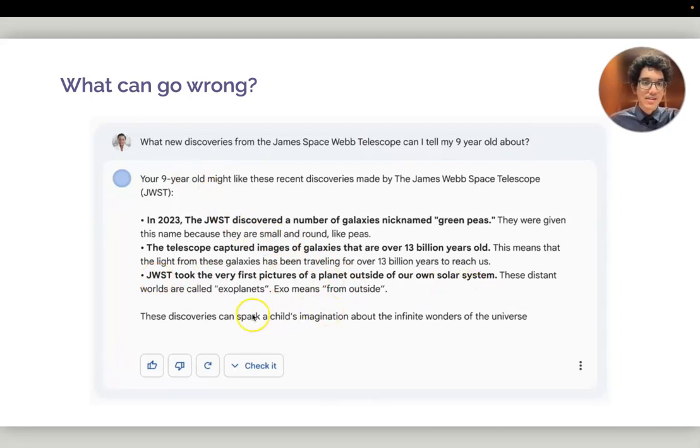And people didn't realize that there were pictures of exoplanets taken before James Webb 20 years ago, right? Until a bunch of astronomers on social media started highlighting, like, hey, we knew about this. This is not a correct demo. Right? So this raises a bunch of issues about how these models are kind of black boxes. Is there anything that we can do to try to understand how they're exactly working so that we can avoid these sort of embarrassing outputs and, maybe more worrisome, in more impactful legal or medical settings, right? This sort of output could actually cause a lot of harm.